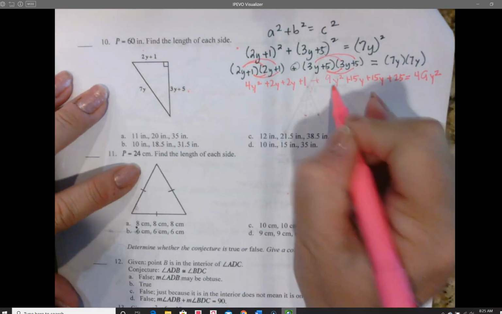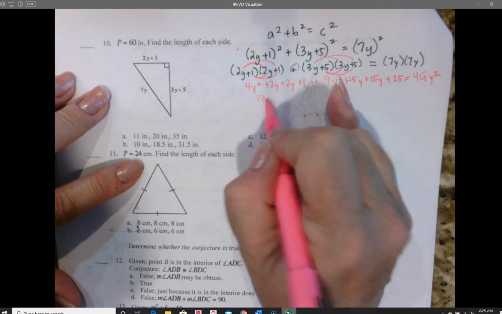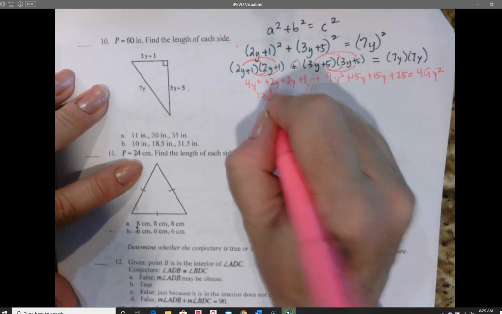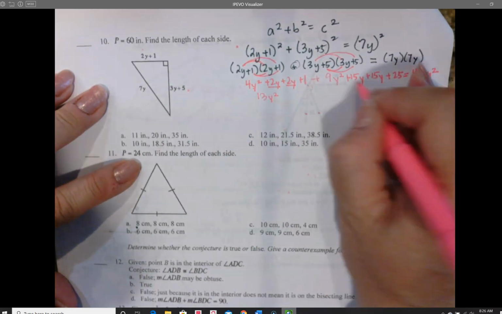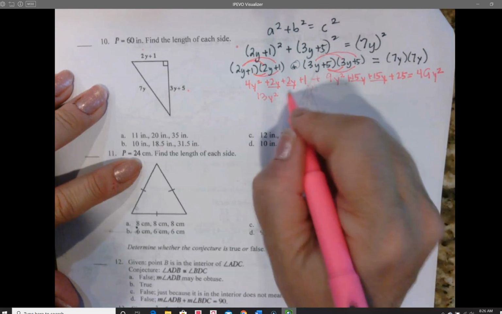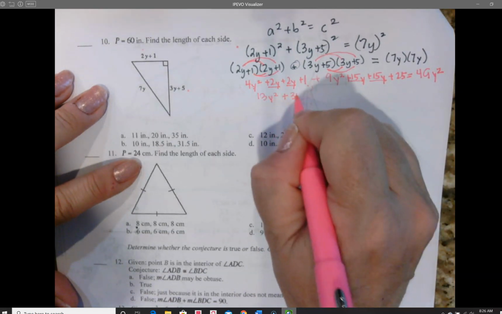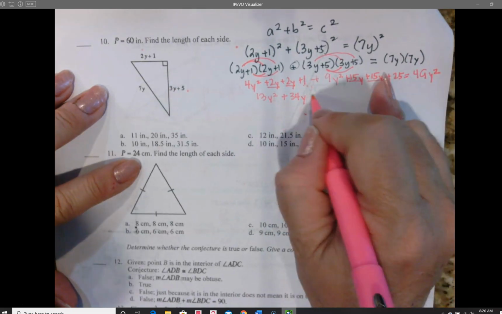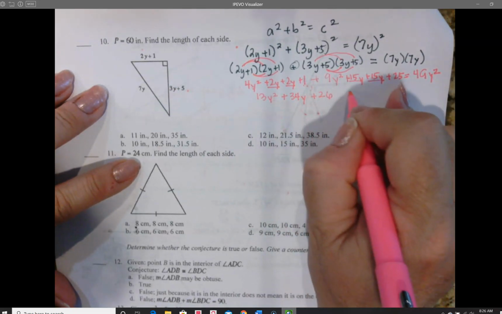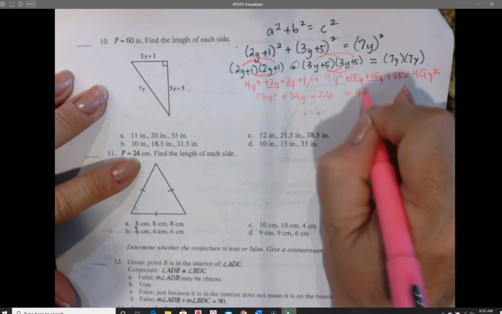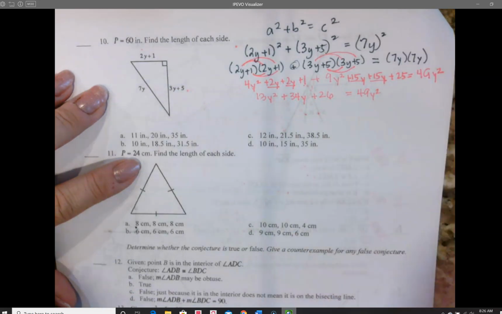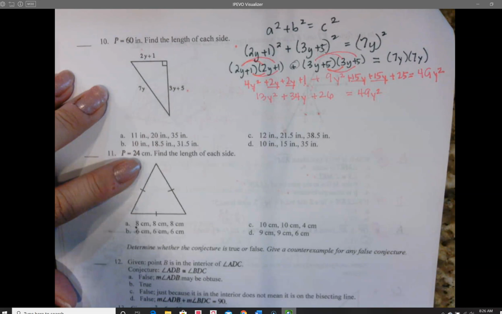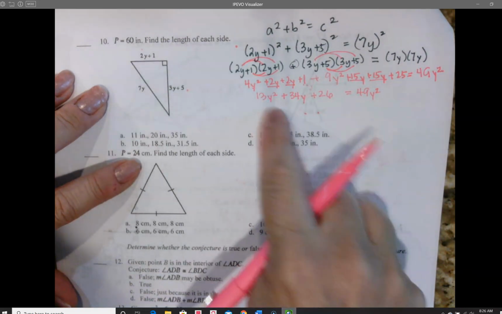So 4y squared and 9y squared is 13y squared. Then I've got 2y and 2y and 15y and 15y, so that's 34y. Then I've got 1 and 25 is 26. Equals 49y squared. And then I'm going to bring over my,